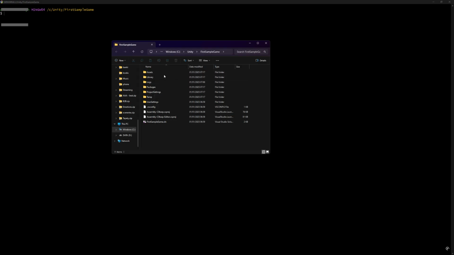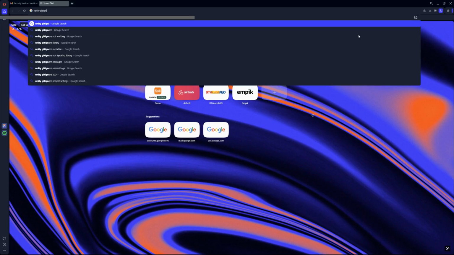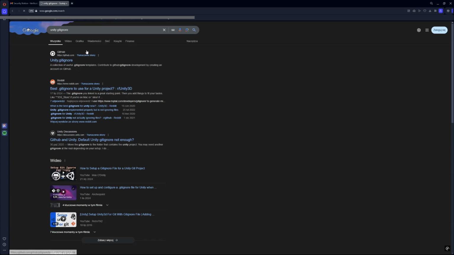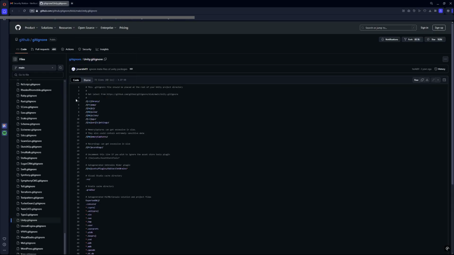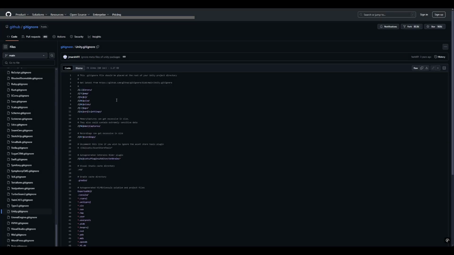or Library folders. Now this is the first time of many I show this, but a good programmer uses Google search all the time, or DuckDuckGo in this case. Now I am searching for .gitignore file, a text file that tells Git what it can skip. This is important to not overwhelm Git with unnecessary big files. And in some cases you don't want to have specific folders like the Library folder, which in case of Unity is project cache and it's huge and quite often deleted if things go wrong. There is a specific file on GitHub you can download and use for easy start, link in description.